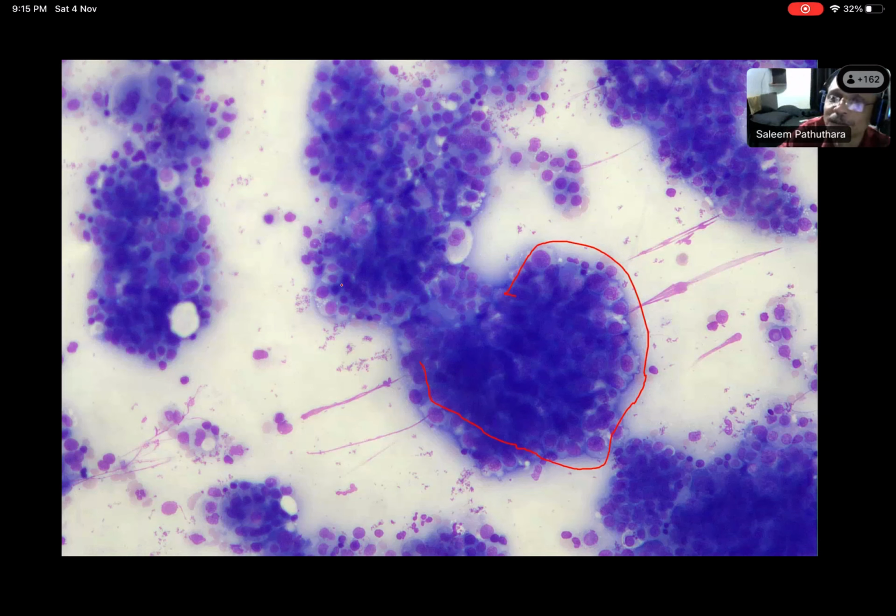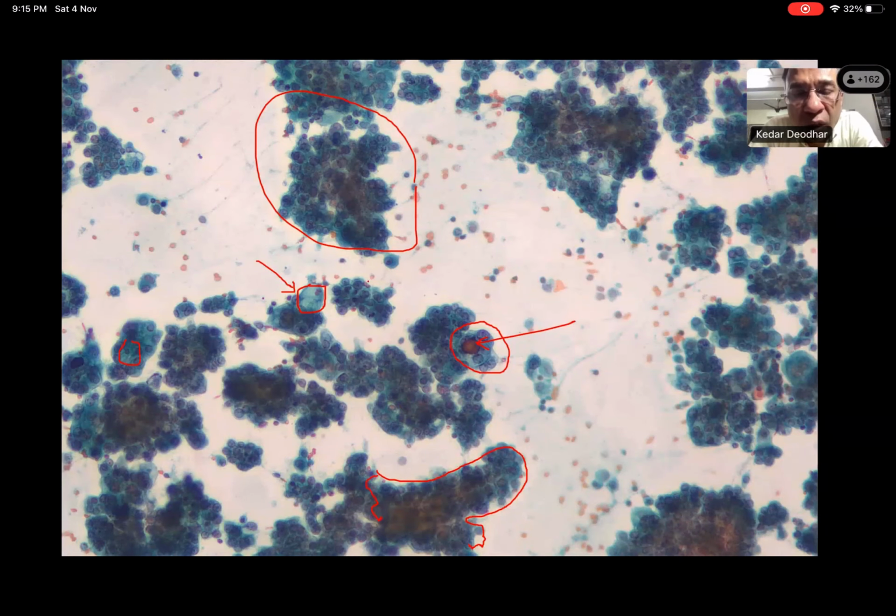I think that's very well said. In fact, there is a very nice psammoma body which can be seen here. Psammoma bodies are not seen in all the serous papillary tumors or carcinomas; they're seen in about 40-50% of the tumors. So if we are patient to see the smear carefully in all the areas, and if we see a psammoma body, it really helps us get to this diagnosis, because any normal reactive mesothelial proliferation will not usually show the psammoma body. So I think this is very important.